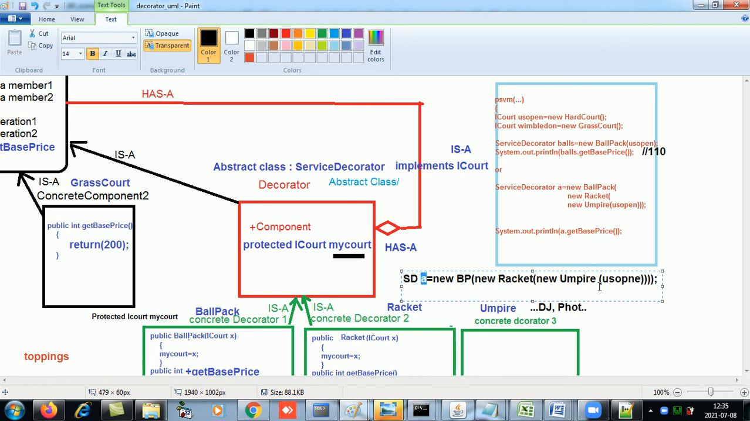it will display me US Open will return 100, right? So the core will return you 100 plus umpire was 30, right? Racket was 20 and ball pack was 10. So 100 plus 30 plus 20 plus 10, and so now when I say A.getBasePrice it will display me 160,